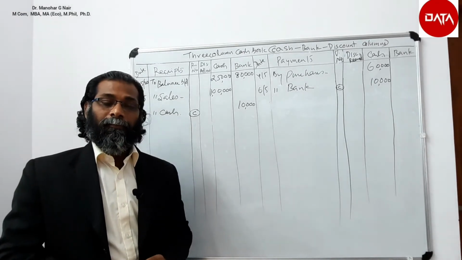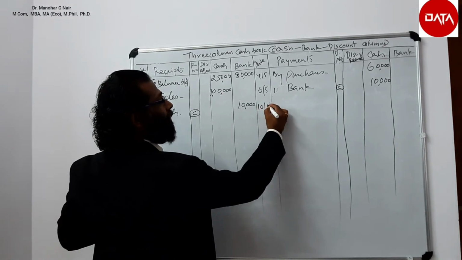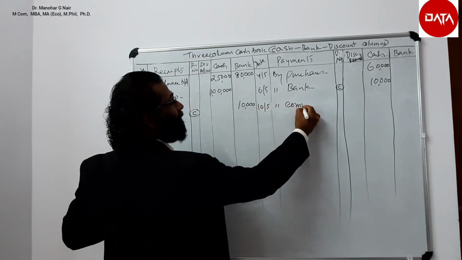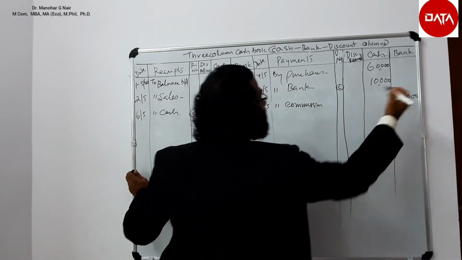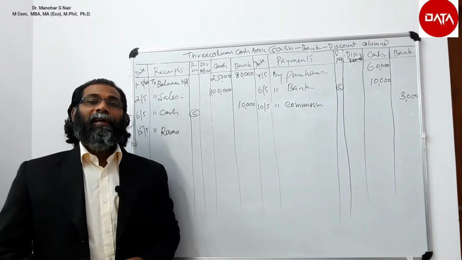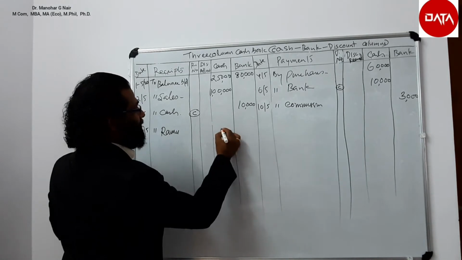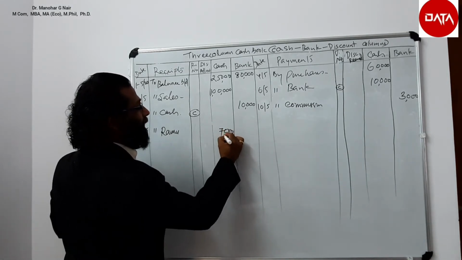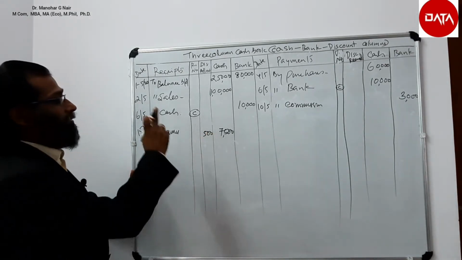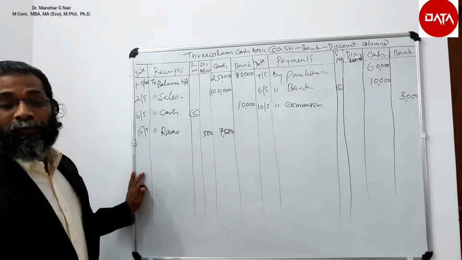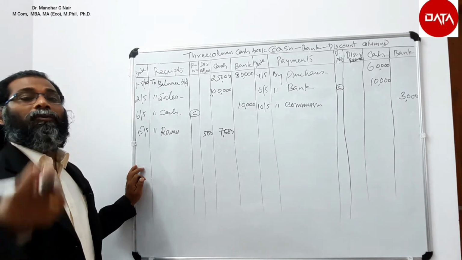On 10th, commission paid to Rakesh by check. So it is payment on 10th, commission paid from bank through check. On 15th May, cash received from Ramu rupees 7,500. Cash received. And allowed him a discount of 500. Discount allowed. On 20th, paid Somu rupees 2,500 and received a discount of 100.